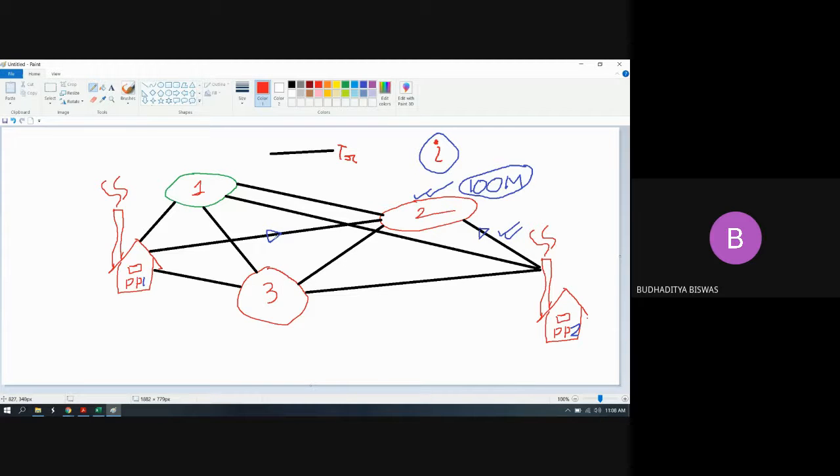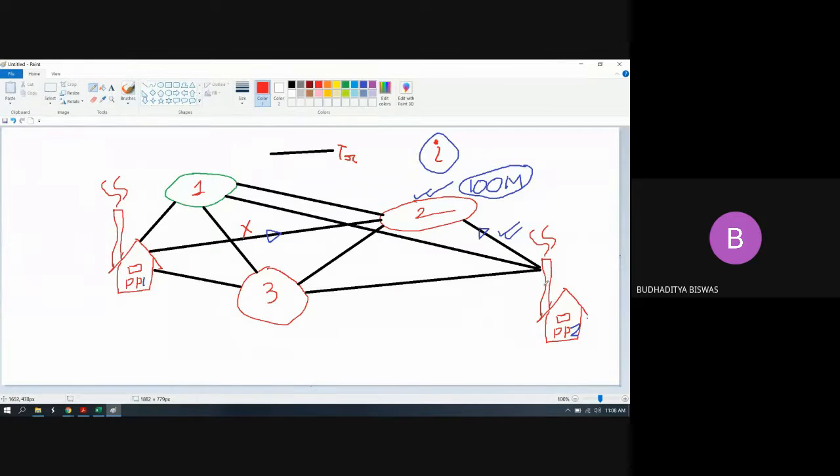What could we do? If we supply less from power plant 1, because here you see that the total 100 megawatt load demand should not be shared by power plant 2 only. Then what would happen? Because no power is coming from power plant 1, this transmission line doesn't have any losses, but it is again not economical compared to reliability.